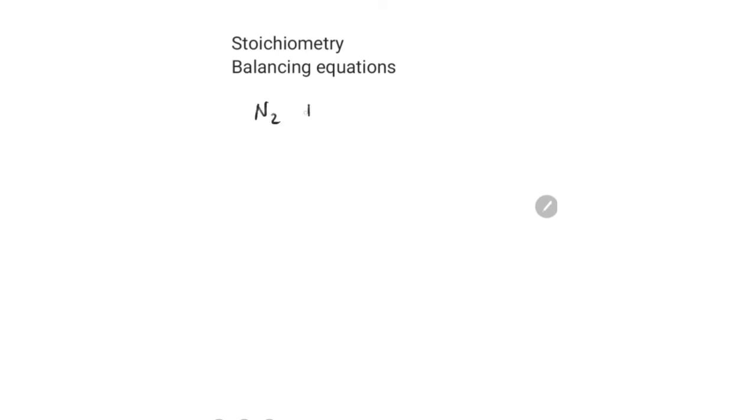N2 plus H2 gives NH3. So balancing means the number of atoms at the reactant side should be equal to the number of atoms at the product side. And remember one thing, you cannot change the numbers given as subscripts here. The rule is only to add the numbers as the coefficients. Here, here, here, you can add the numbers in order to balance it, but you are not allowed to change